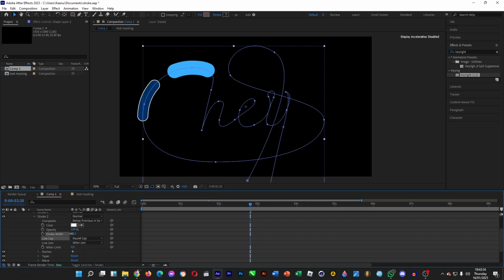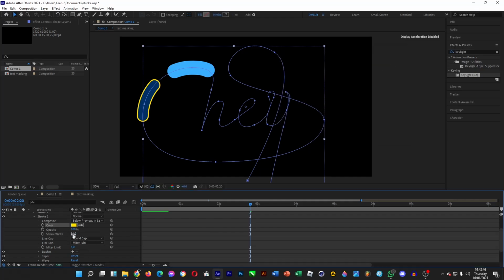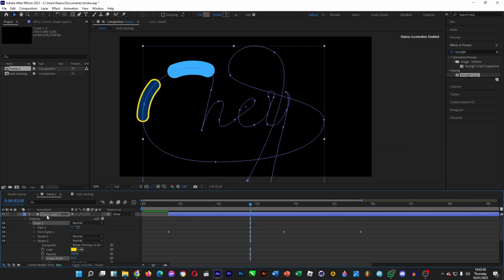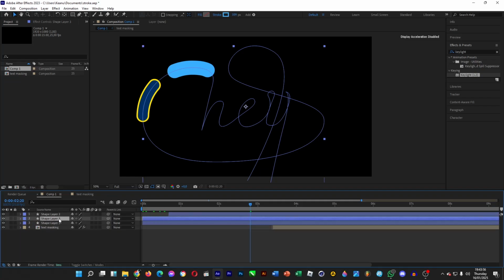And then let's say if you want to color this outline yellow, just like so, this yellow. And then click on OK when you're done. You can even increase the width of the stroke, just like this. And then you want to add more strokes. Copy this one and then paste it. And then let's say if you want to have this time offset,